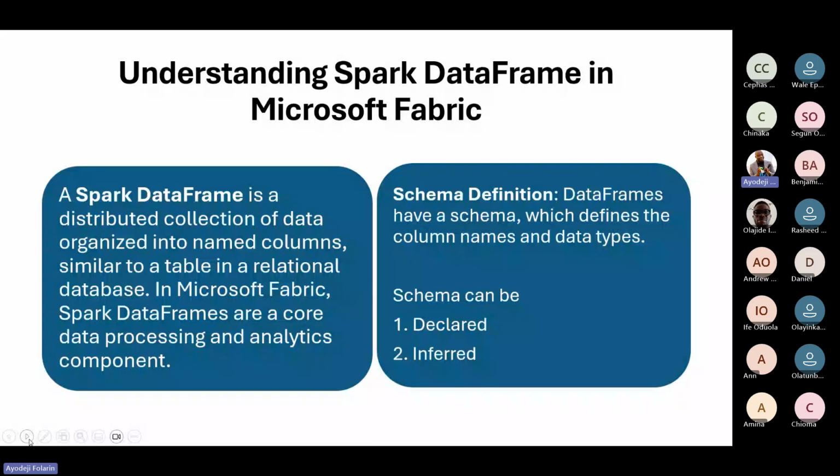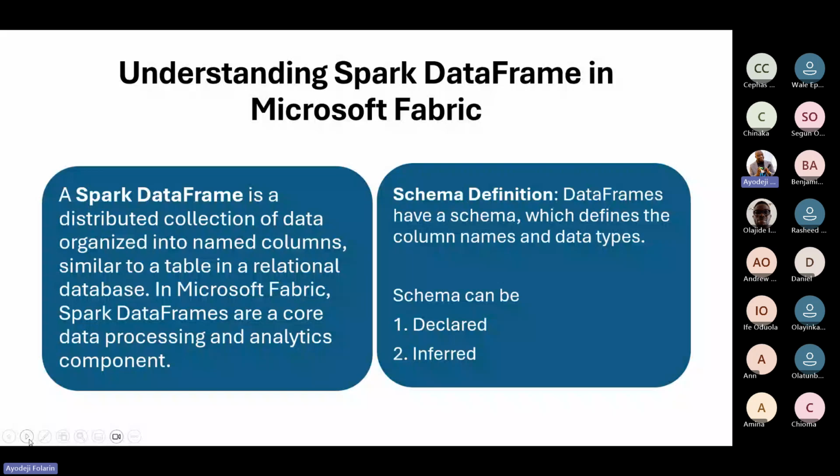Excel is not an RDBMS, but it is similar to that. It's structured with columns. In Microsoft Fabric, Spark DataFrames are core data processing and analytic components. The DataFrame is very, very important.